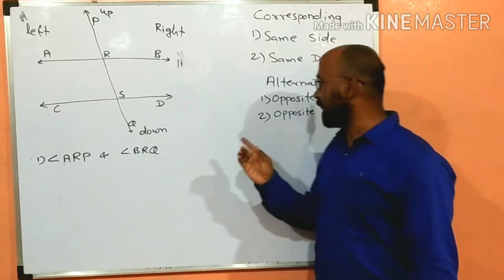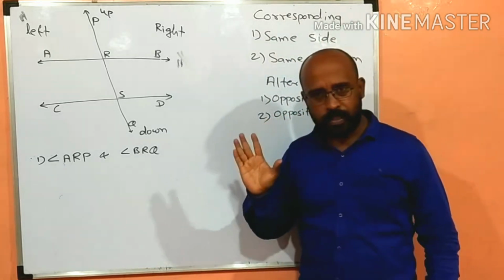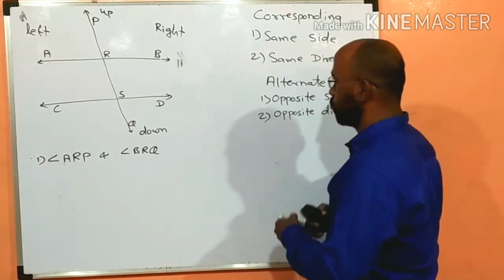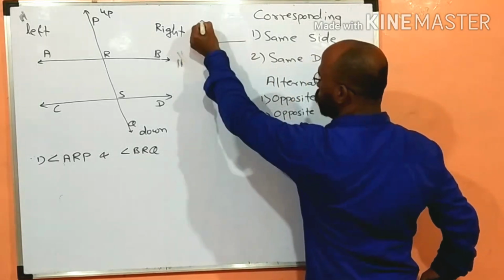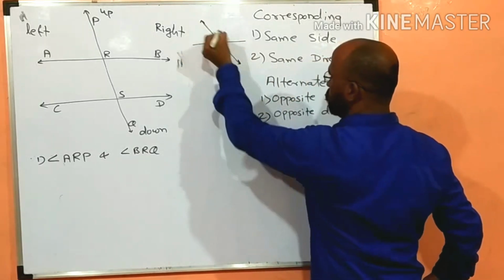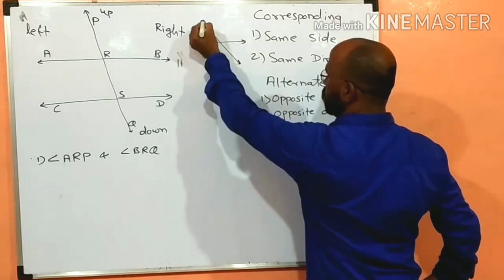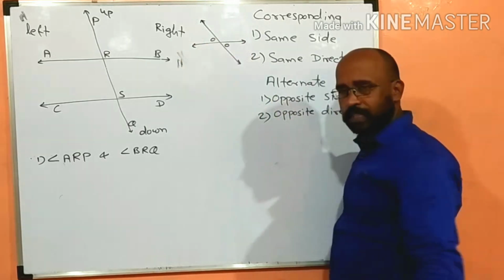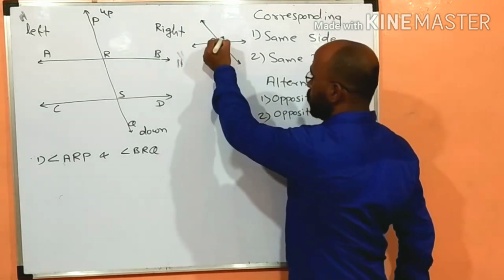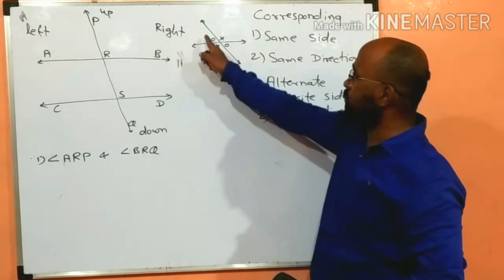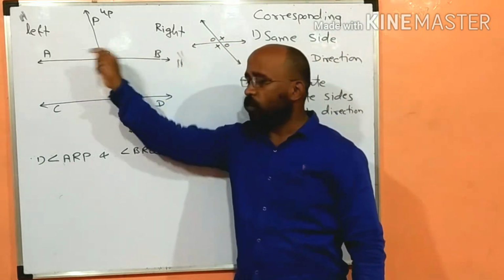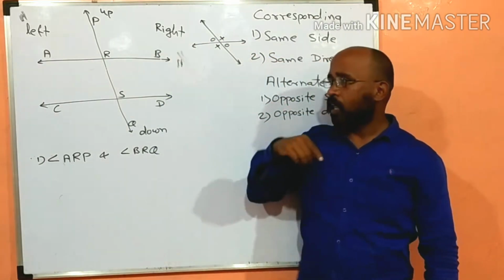Now you will say, sir, technically yes, because both of the conditions are meeting. But no. Why? Students, if you remember, last year we saw vertically opposite angles. What are vertically opposite angles? Whenever two lines intersect each other, such as this, the angles which are created on opposite sides are vertically opposite angles. Right? So these two angles and these two angles are vertically opposite angles. Similarly, these two are vertically opposite angles, right?